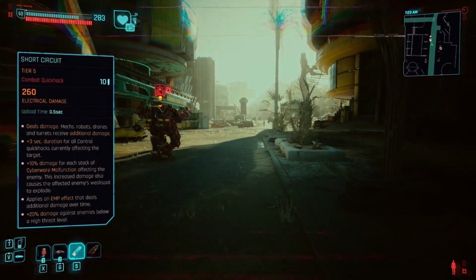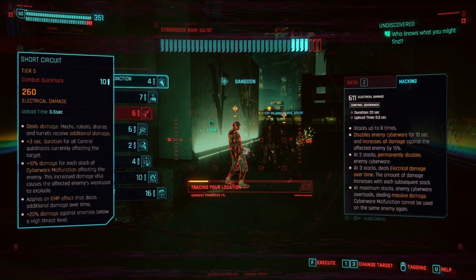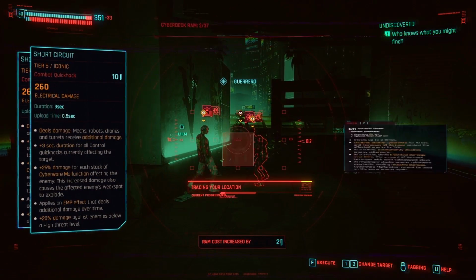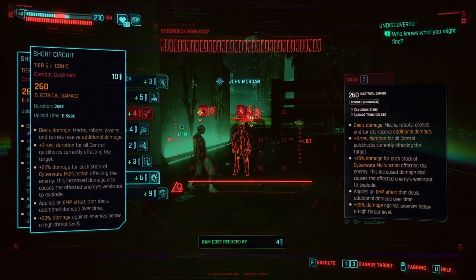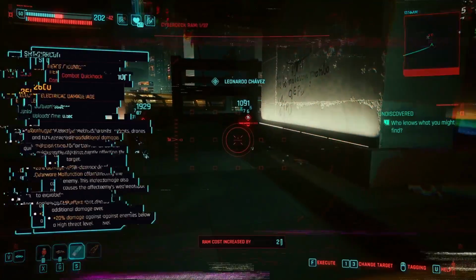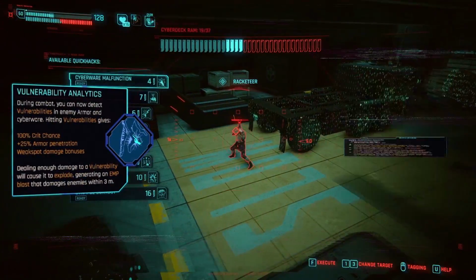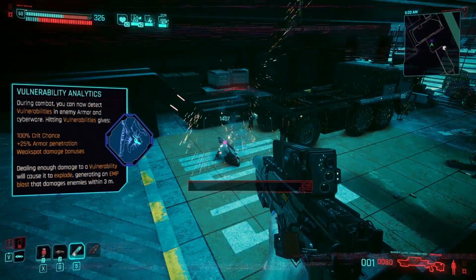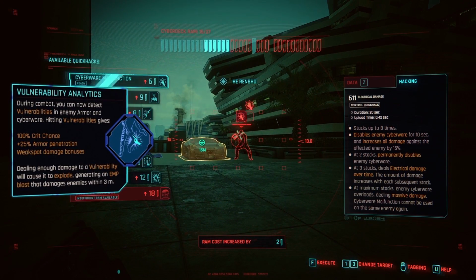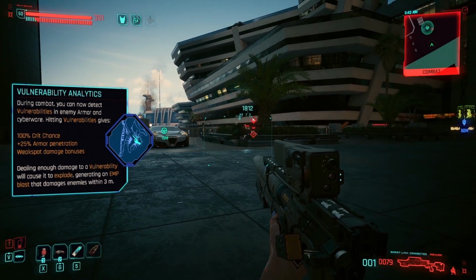And if the enemy has a weak spot, the quick hack combo will cause that weak spot to explode. Assuming you have the Phantom Liberty expansion, the iconic tier of this quick hack will deal plus 25% damage per stack of Cyberware Malfunction instead of the 10% boost. And when you acquire the Relic perk Vulnerability Analytics, where you now have the ability to detect and reveal enemy vulnerabilities, vulnerabilities count as weak spots in which once revealed, you can then upload the Cyber Malfunction Short Circuit combo